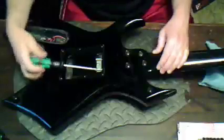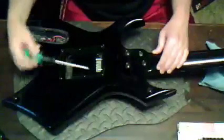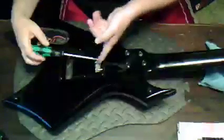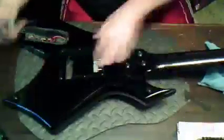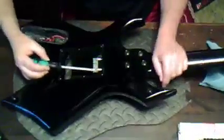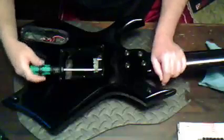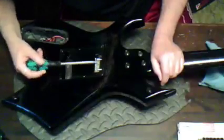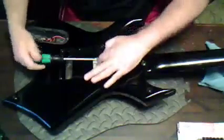the adjustment for these, and generally that's where I'll start, because I'm putting new strings on it, and every gauge of strings, if you were to put these new strings on, and then take them off, get the guitar all set up and intonated and tuned and perfect, and then take these strings off and put another set on there, everything would be off. Even with the same gauge strings, because no two string sets are ever alike, 100%. So I'll put these in about halfway from closed position, and that'll be the starting point when I go to start